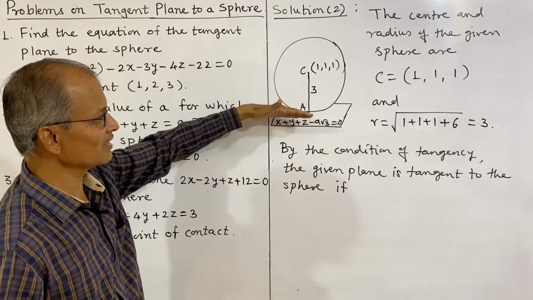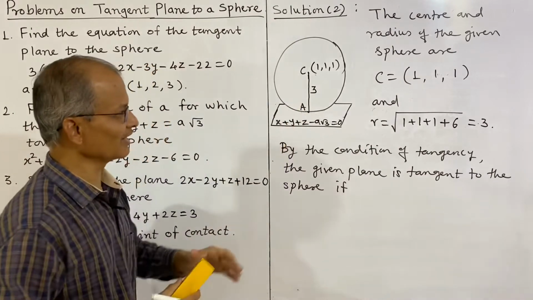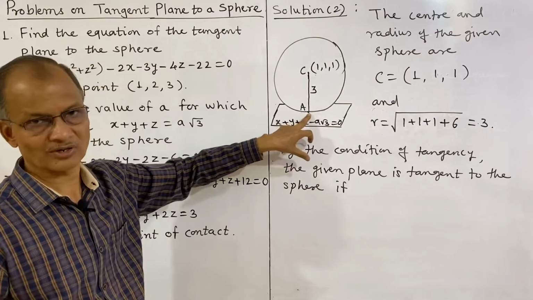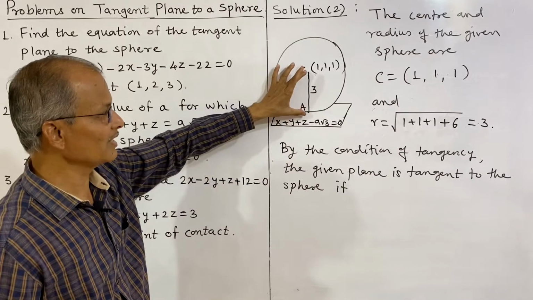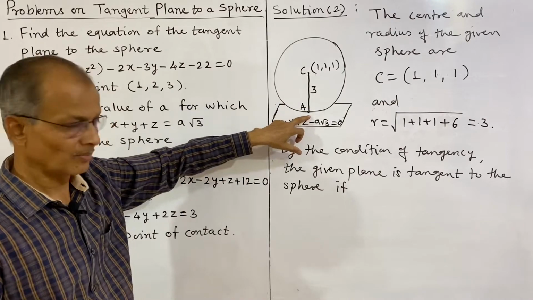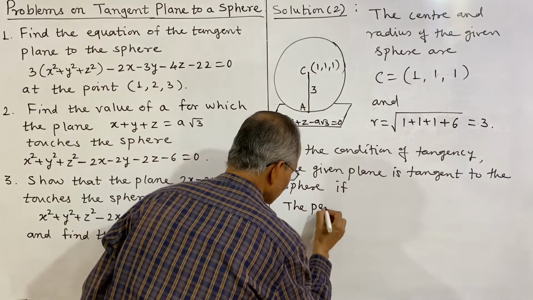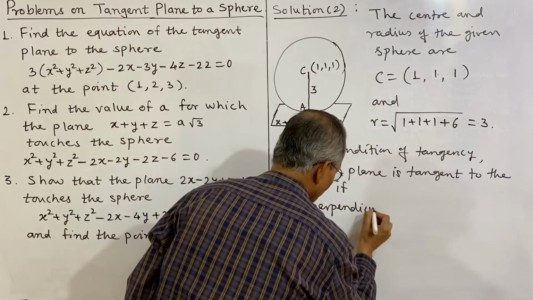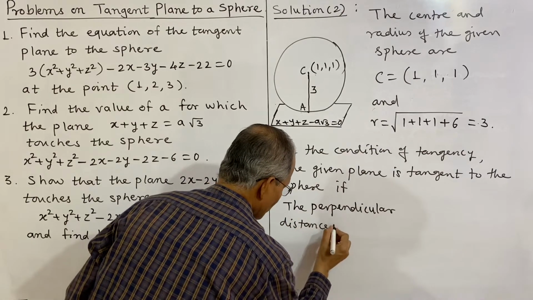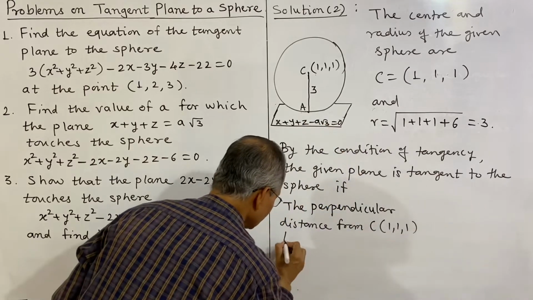So you have to imagine it is touching this, that is, we should have considered a table, and a football is kept on the table, but there is only one point of contact, and therefore this radius must be equal to the distance, or the perpendicular distance, from the center to the plane. So if the perpendicular distance from center C 1, 1, 1 to the plane,